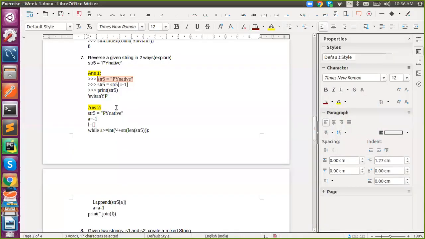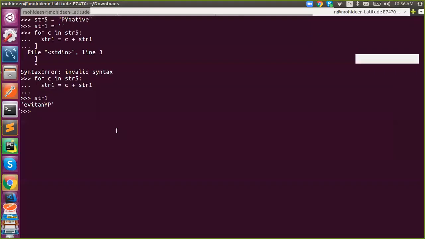So you did a while loop and all. Here what I'm doing actually is taking each and every iteration, it will start from P, right? I'm appending it to str1. Please look at it. You all know string is immutable, so we won't be able to modify it, but I'm creating a new string every time. I'm reassigning for each and every iteration with new content.